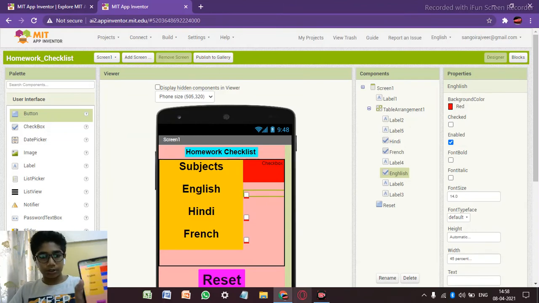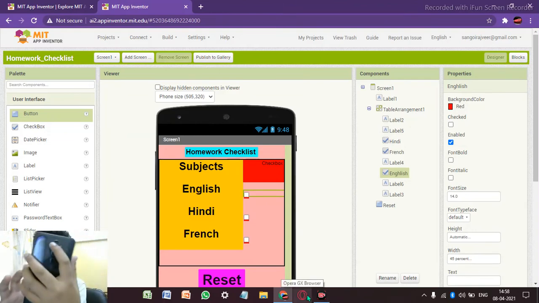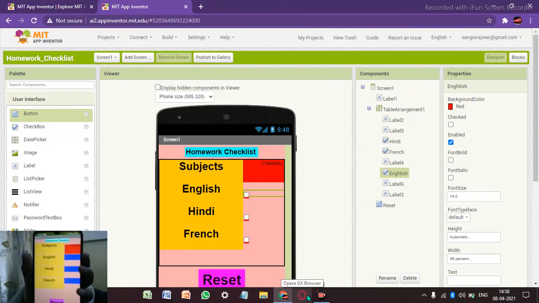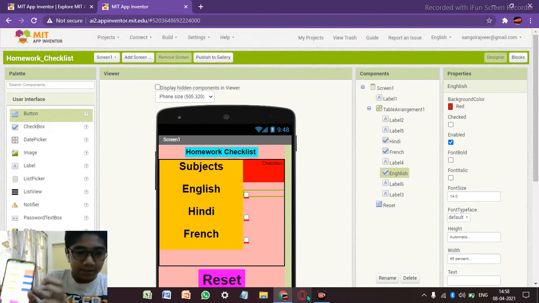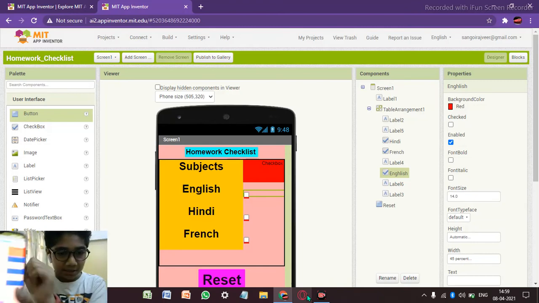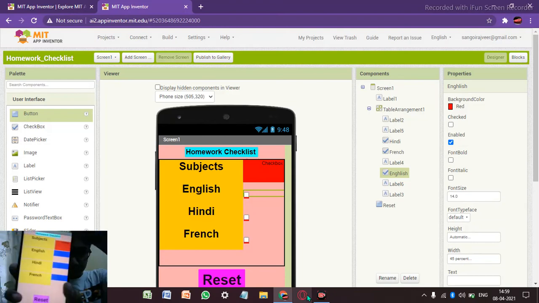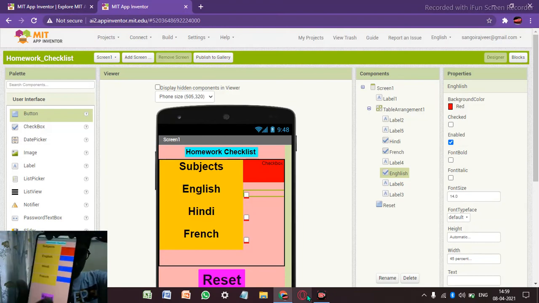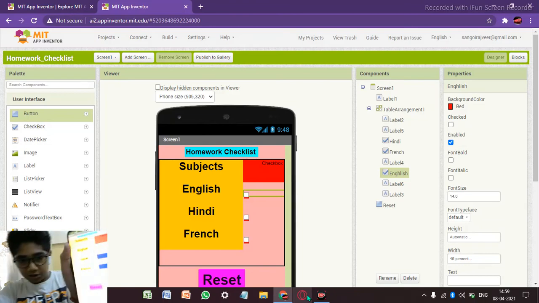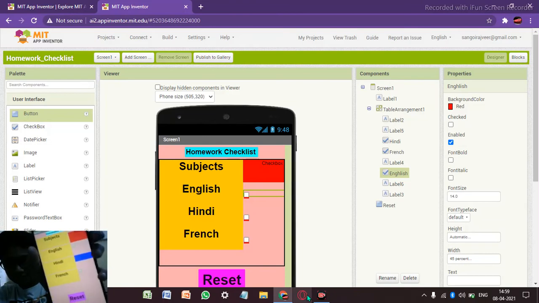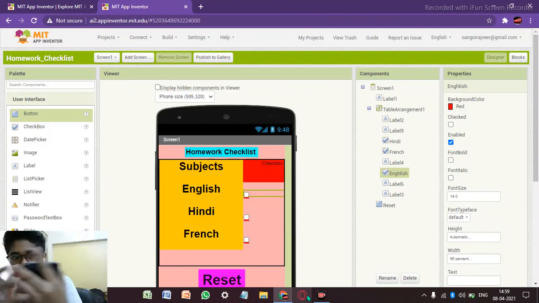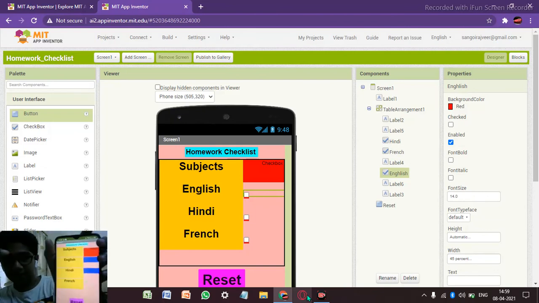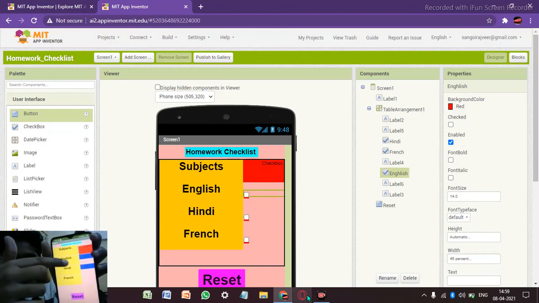So here it has come on my screen, as you can see. We had coded that it should be blue, so it is blue initially, and now I will click over here to check. So I clicked on the checkbox, and you can see when it is checked, it is pink. And when I uncheck it, it is blue again.